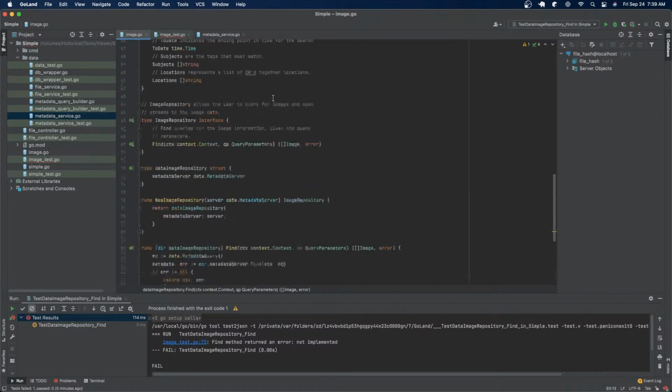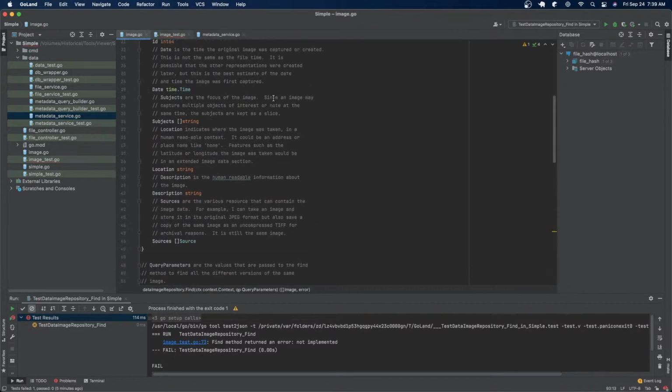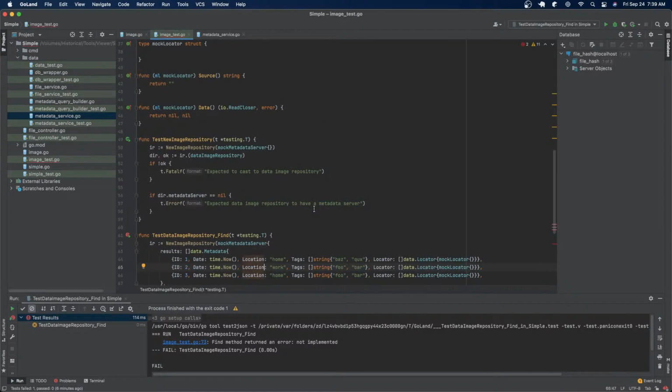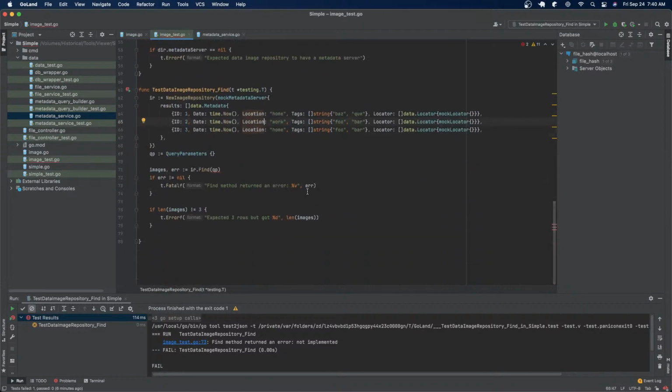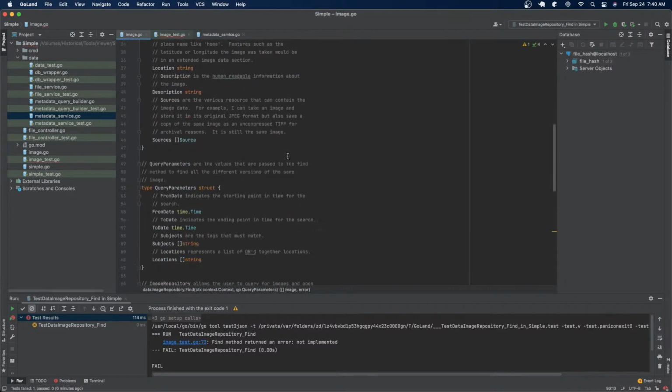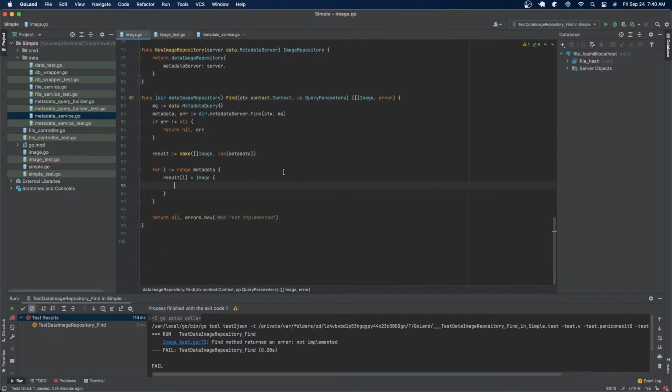So the image is the ID, the date, the tags, the sources. The ID,